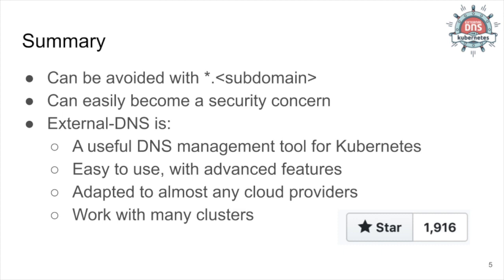If after that you still want to use external DNS, then it's a very useful tool for Kubernetes, very widespread too, easy to use. It has advanced features. It enables you to publish an ingress or a service from just a declaration. It probably supports any cloud provider, even if you're running on premises. You will be able to make it work quite easily, and you will be able to make it work even if you have several clusters running all together. It's a popular project, so you may want to have a look.